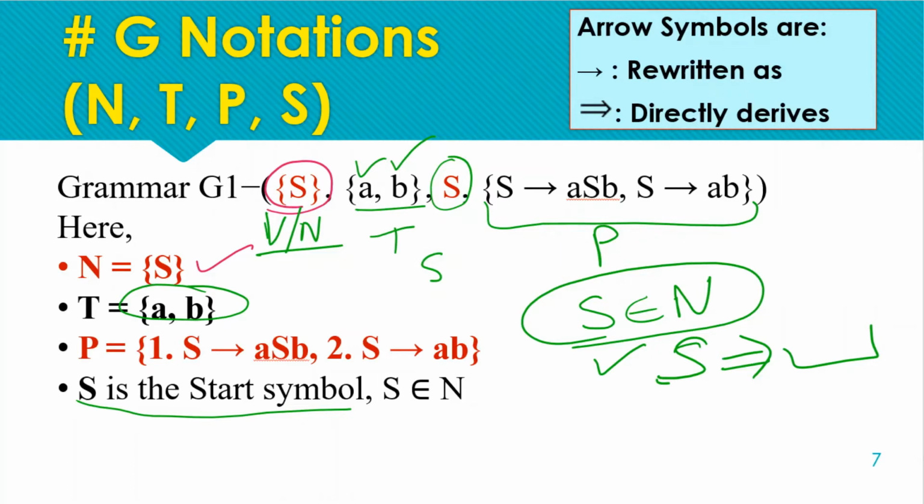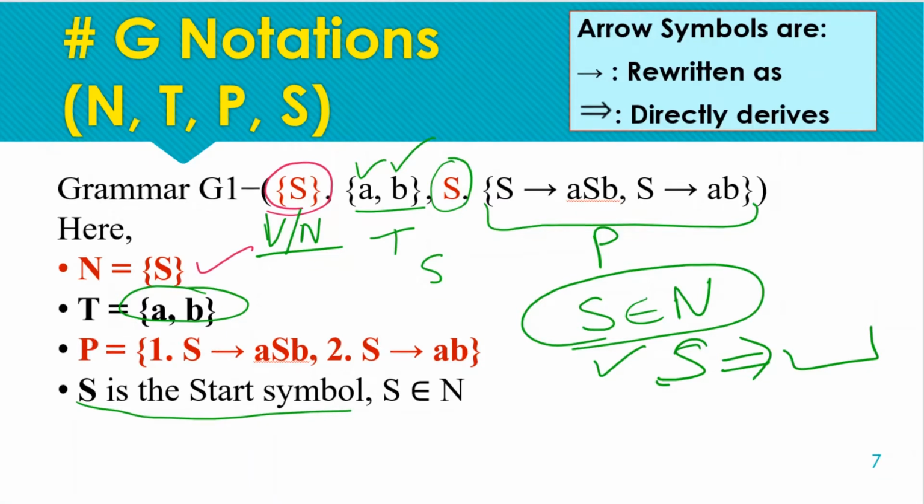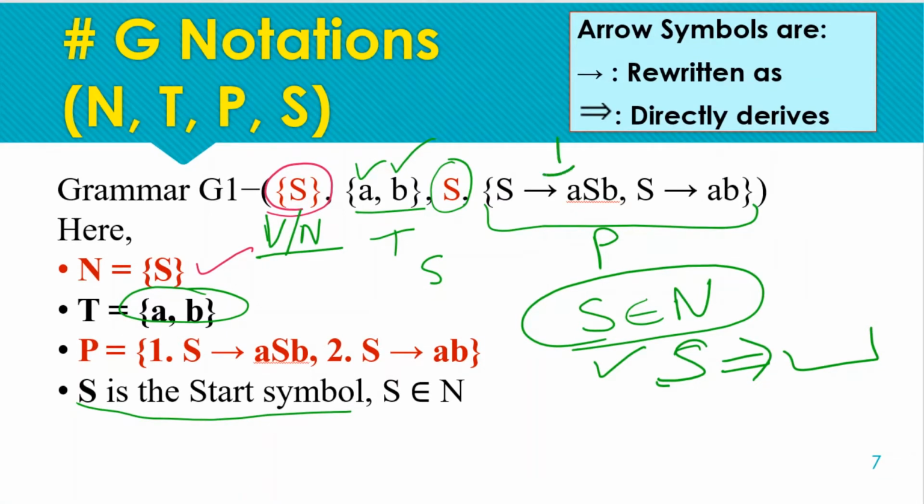So the first production rule is this, and the second production rule is this. As we have two production rules corresponding to the start symbol, for deriving the string we can start with either the first rule or the second rule. It depends on your requirement, whether you need to start with the first production rule or the second, but you have to start with the start symbol only. And as we have two options, you can go with either depending on the string we need to derive.